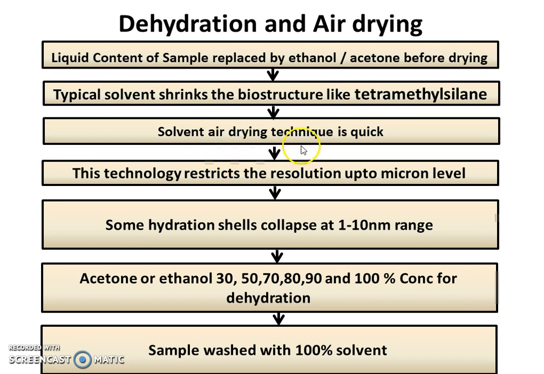That's why the solvent air drying technique is basically a quick technique, and this technique restricts the resolution up to the micron level, and some cells collapse at the level of 1 to 10 nanometer range. Acetone or ethanol is used at concentrations of 30, 50, 70, 80, 90 and 100 percent for dehydration. After dehydration, the biosamples are washed with 100%